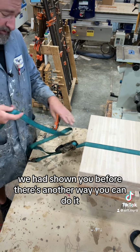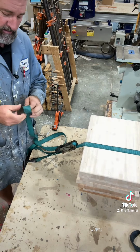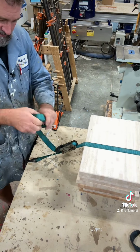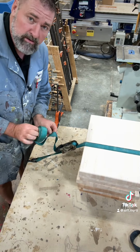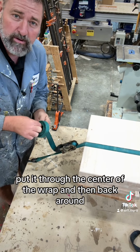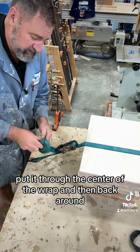There's another way you can do it, where you roll this whole end up, and you put that tag end through. So you got it rolled up, and all you do is take this, put it through the center of the wrap, and then back around